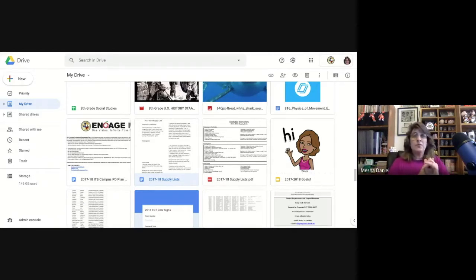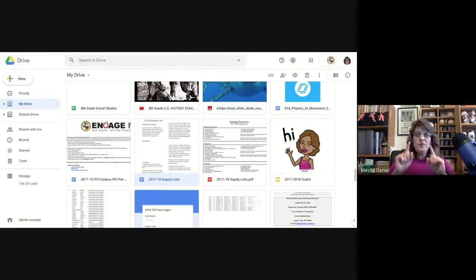They're going to be the ones you would go to and say, you know what, can we get this on our website? Can we get that? So that way those kinds of things can be pushed out. Now, if it's a document that you've created, it doesn't matter how many sharing permissions, unless you've actually shared it with your ITS teacher and they've made a copy of it so it's their own, and then they can go ahead and share that out. And speaking of copies,